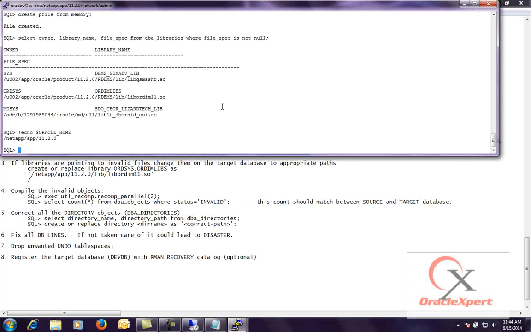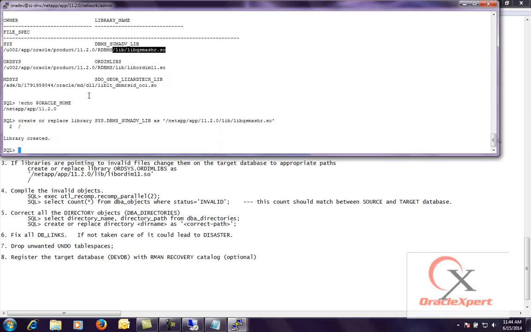So I am now saying create or replace library owner.library_name as